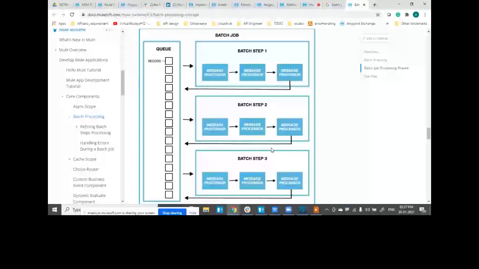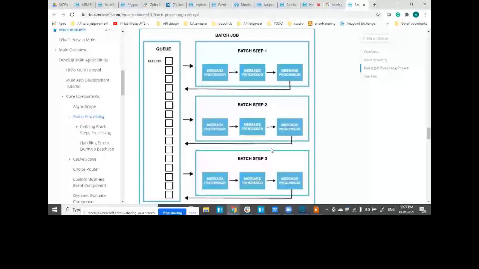So what happens in actual cases: if I go back to my batch job, there is one characteristic by the name batch block size, which is set to 100. Now, this is the deciding factor for how the loading will happen.